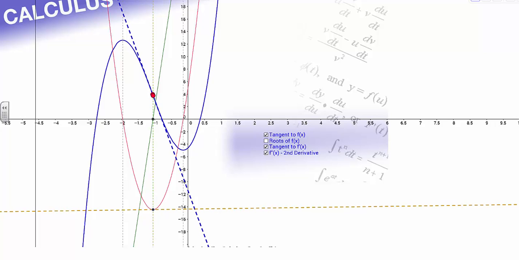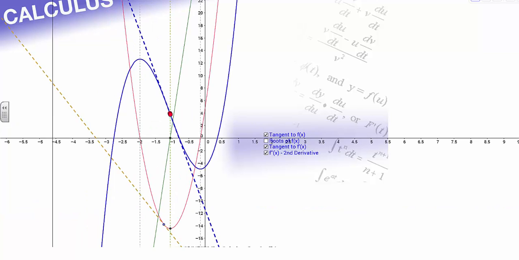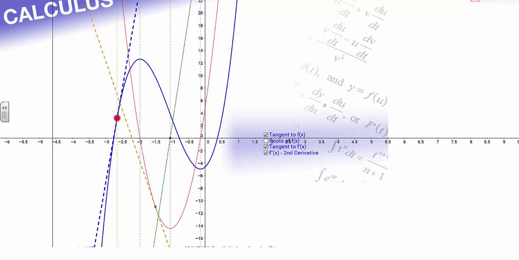My red dot is coinciding with this 0, is coinciding with this minimum point for this derivative function. So the second derivative is negative for this section of the original function, where the gradients are starting positive, but they're actually decreasing,